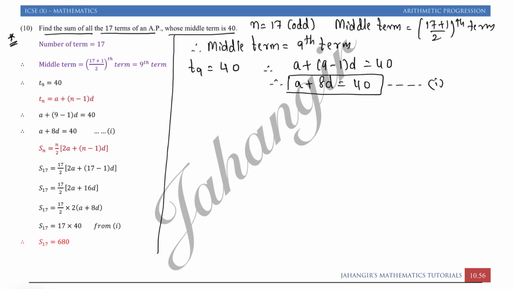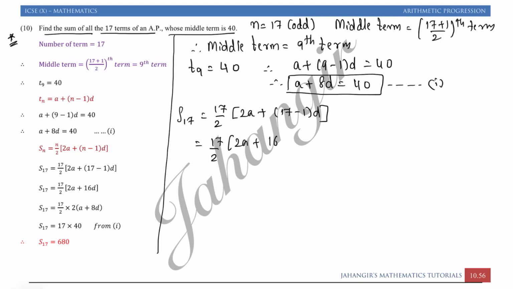Now we have to find the sum of 17 terms. So S17 is equal to n by 2. You can write the first formula for Sn and then substitute 17 by 2, 2 into first term plus 17 minus 1 into d. So you will get 17 by 2,